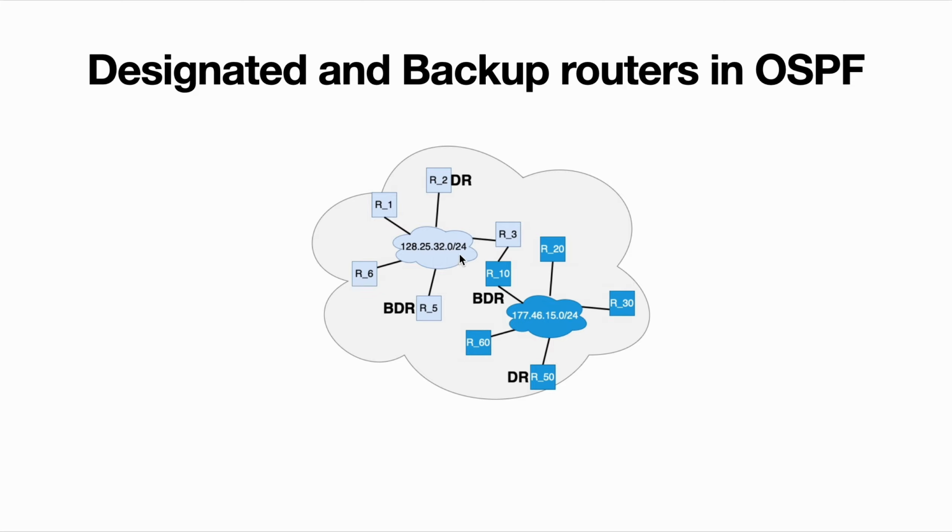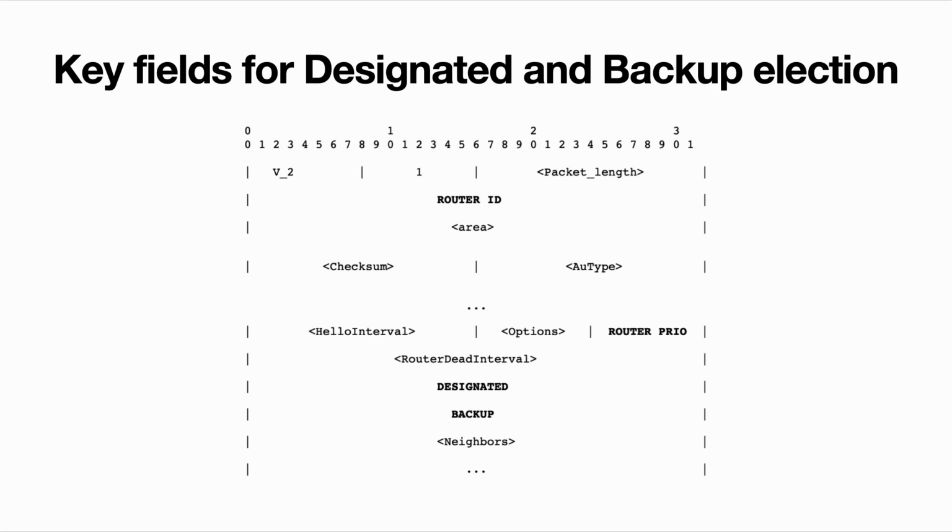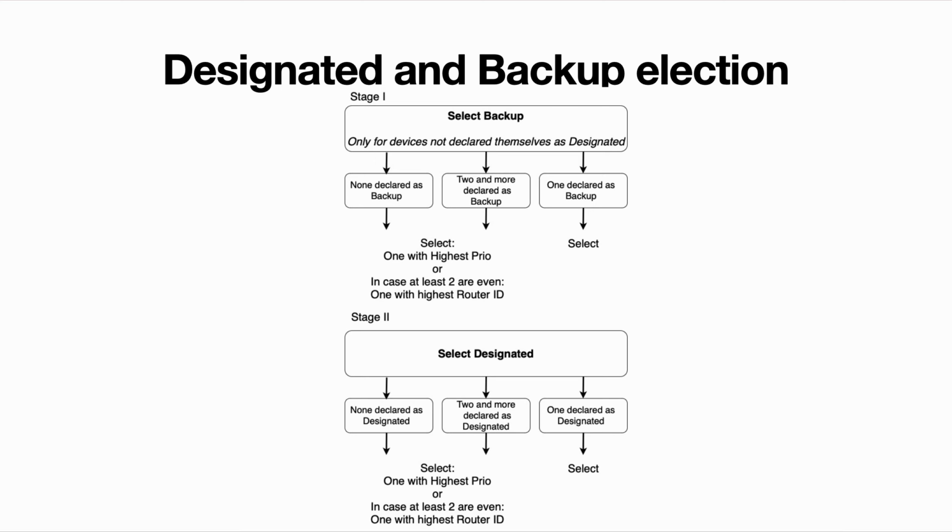So elections are per local area network, and elections happen in the following way. In every hello packet we have a router ID, router priority, and designated and backup information. Those four fields are important to elect designated and backup devices correctly. And elections happen in the following way. On the first stage, backup is being selected. In the selection of backup, only those devices participate that do not declare themselves as designated,